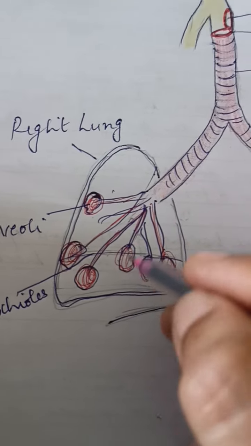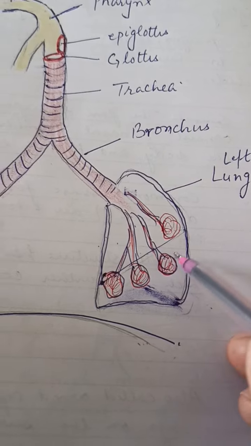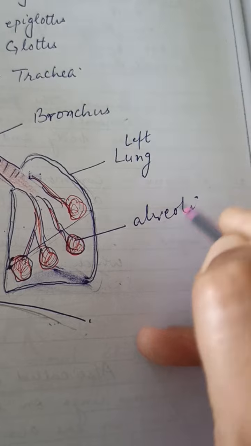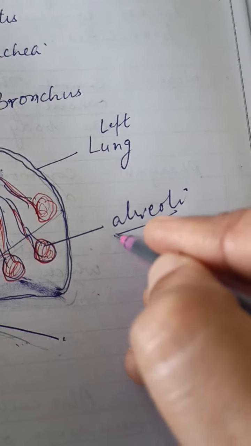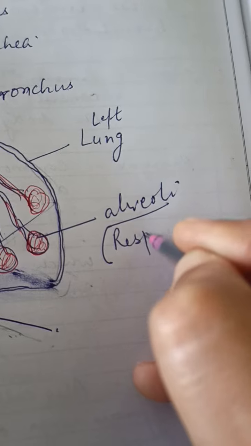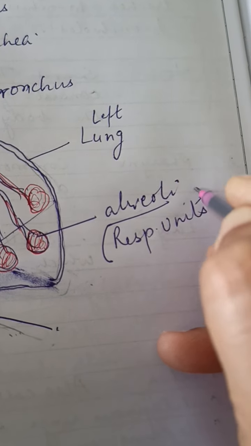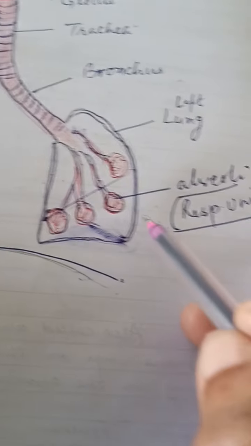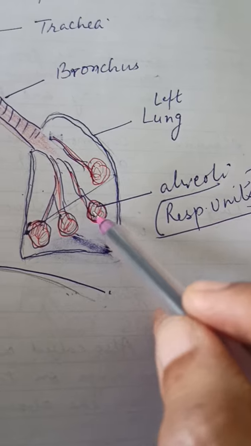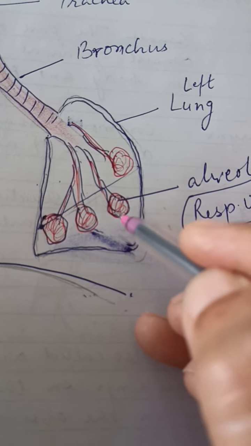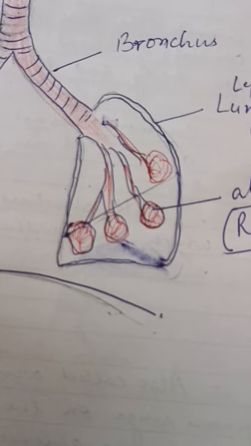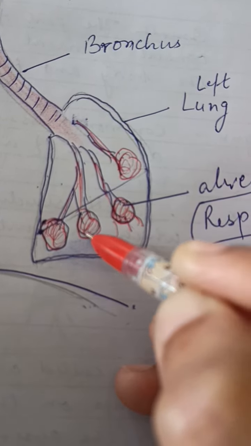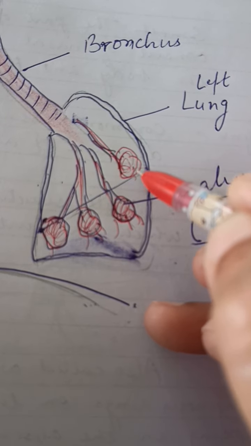And at the tip of the bronchioles there are rounded structures which are considered as alveoli. And alveoli are called the main respiratory units. Okay, ध्यान रखना इस चीज़ को कि alveoli are considered as the main respiratory units where exchange of gases takes place. These alveoli are further connected with the blood capillaries, इसके साथ blood capillaries attach होती हैं.